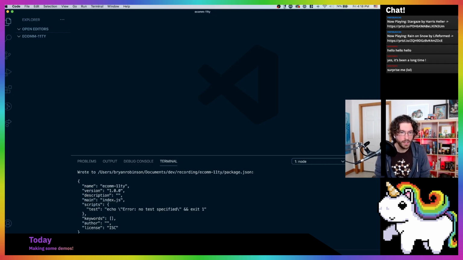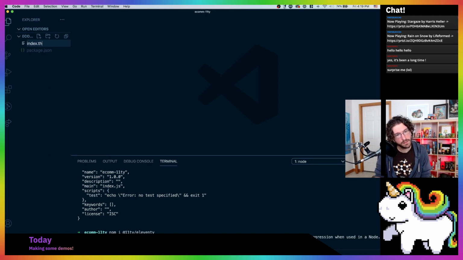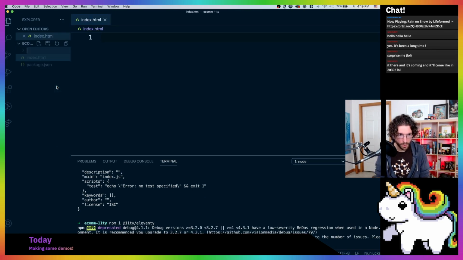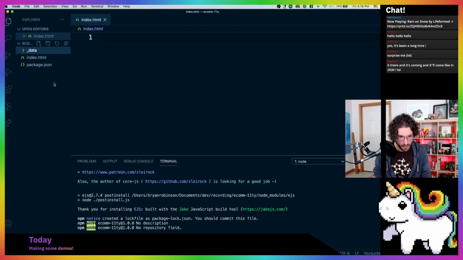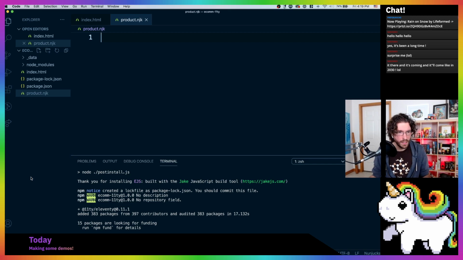npm init, npm i @11ty. Let's go ahead and create an index.html. Let's create a data folder, because we know we're going to pull that data in from Sanity. Let's create, what else? We'll need a product detail page. So product dot, what do I want to use for this? Markdown? Do I want to use Nunjucks? Let's use Nunjucks. That'll be the product detail page. We'll pull all that information from,